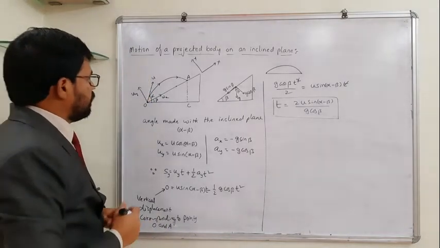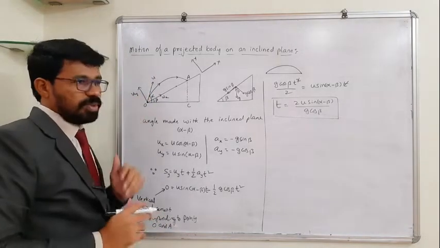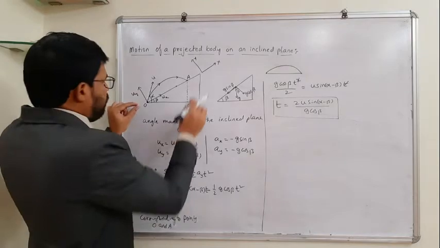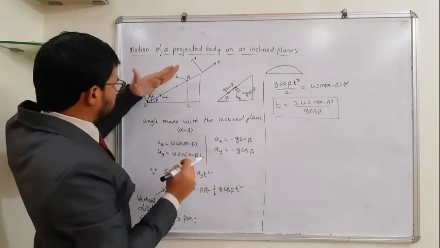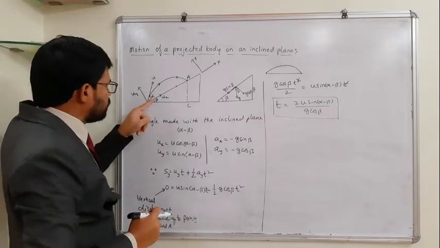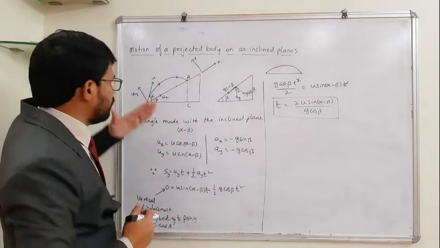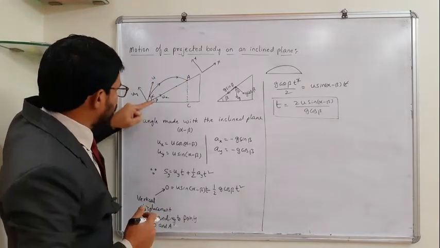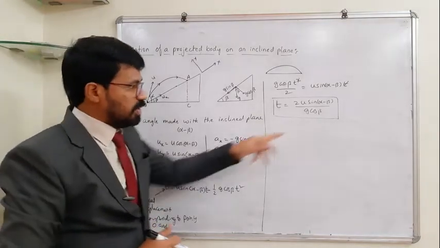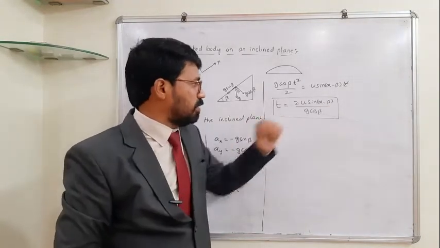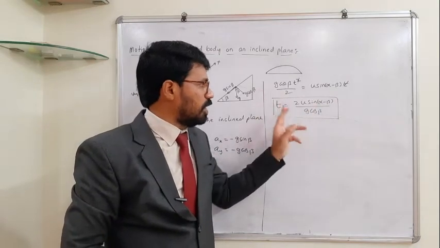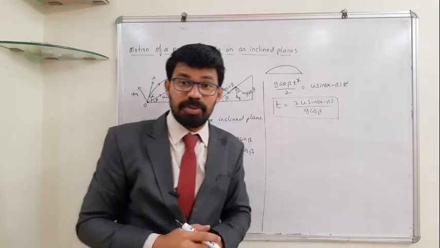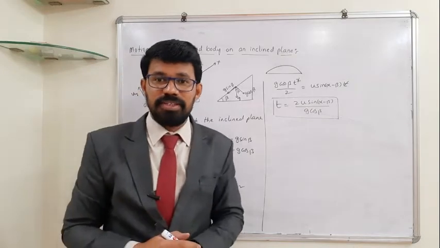See here, if you consider this as a usual projectile motion, like from the horizontal, not projected up the plane, imagine I bring this inclined plane parallel to the horizontal. Then beta becomes 0. If you replace beta with 0, cos beta is 1. Then we will have just 2u sine alpha by g. That's what you are going to get. And that's what our time of flight is in the case of oblique projectile, 2u sine alpha by g, isn't it?